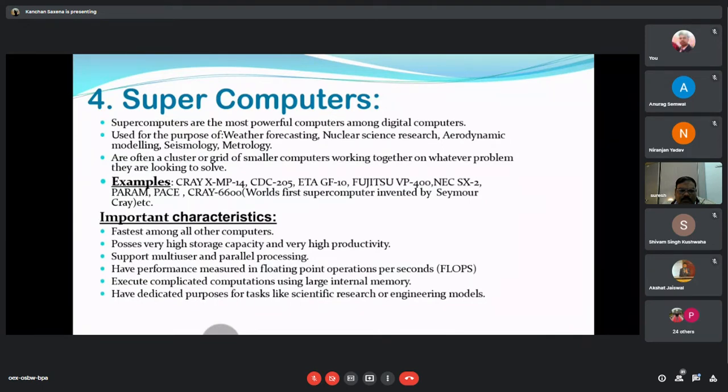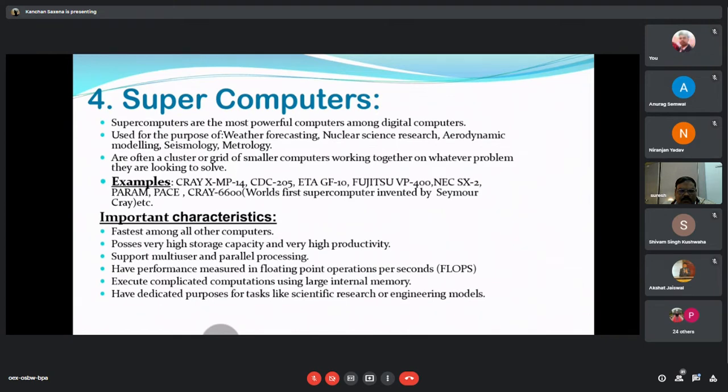The examples of supercomputers are Cray X-MP14, CDC 205, ETA GF10, Fujitsu VP400, NEC SX2, Param, Ace, Cray 6600. Cray 6600 is the world's first supercomputer invented by Seymour Cray,